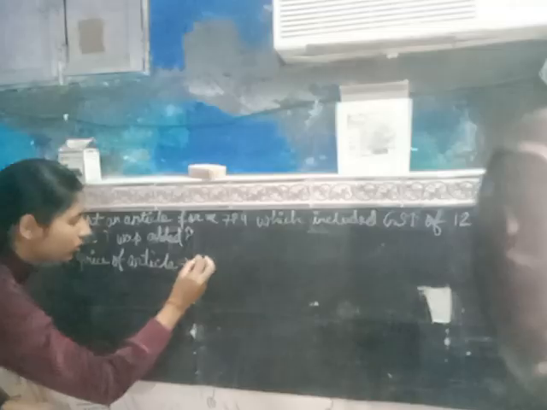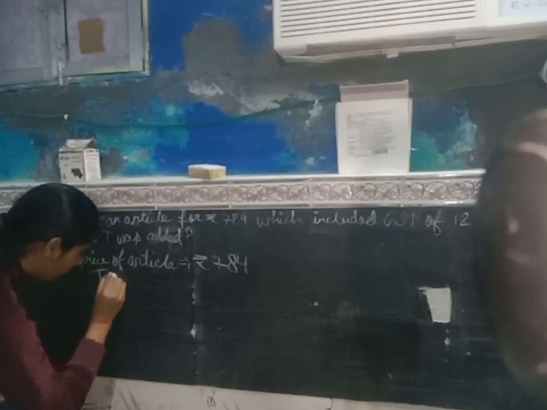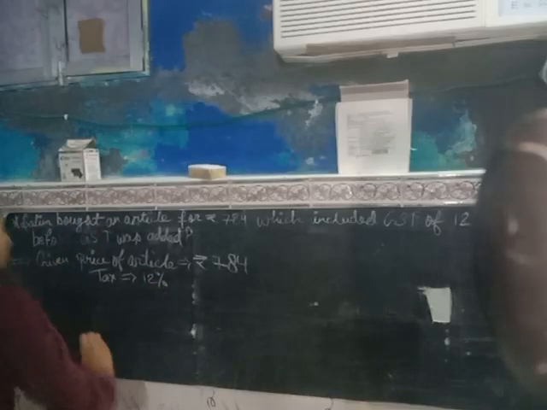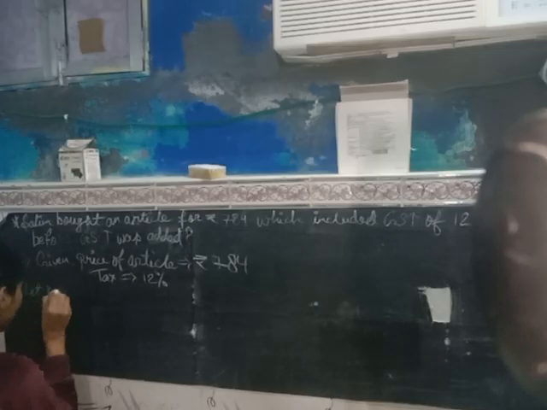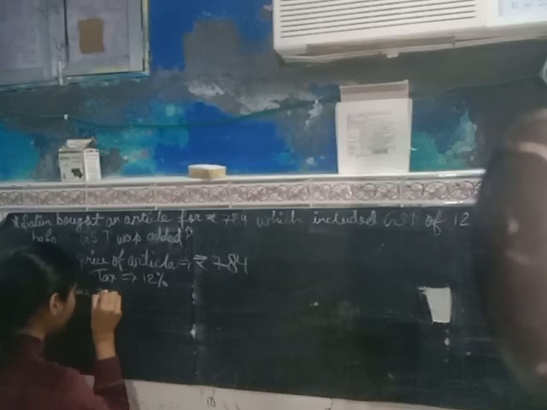So given, the price of the article is 784 and tax is 12%. So here let's assume